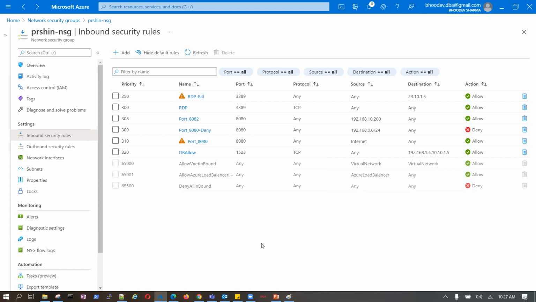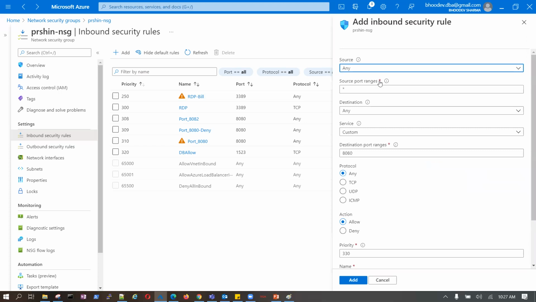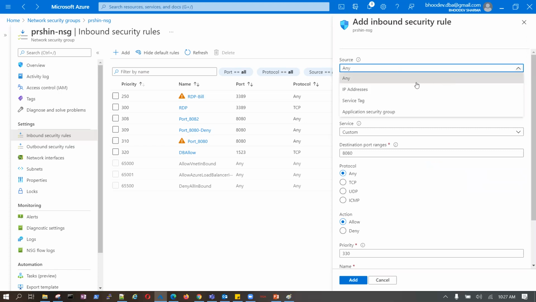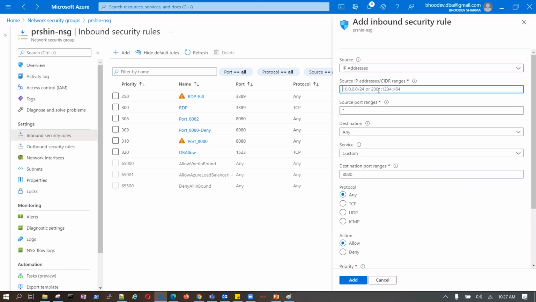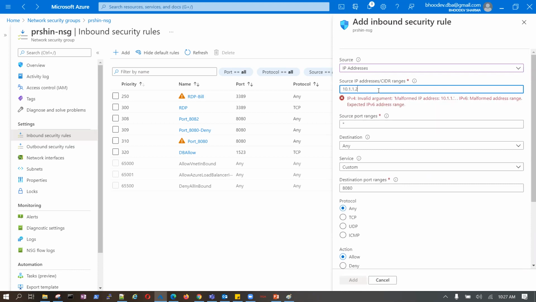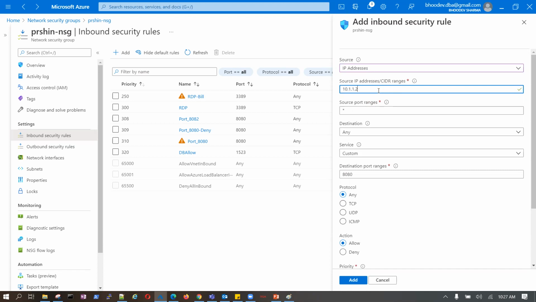Let's say one IP address I want to restrict for the whole cloud. Give me any IP. Don't worry. 10.1.1.2. This would be a legal IP if it is coming from on-site, because there we can use that IP.